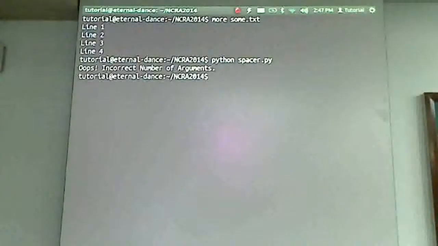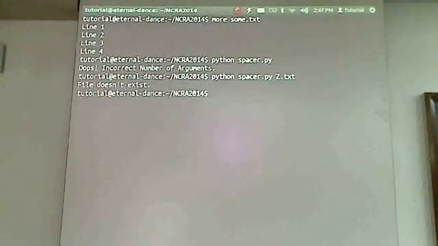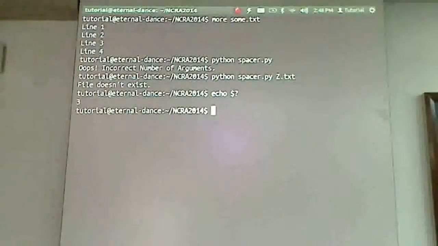If I just press enter, it will tell me that I have given an incorrect number of arguments. If I give it a file that doesn't exist, it will properly give me an error saying the file doesn't exist. You can also check the exit code. It will be 3, just as we expect it to be.